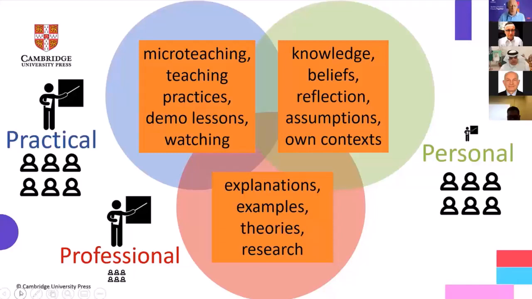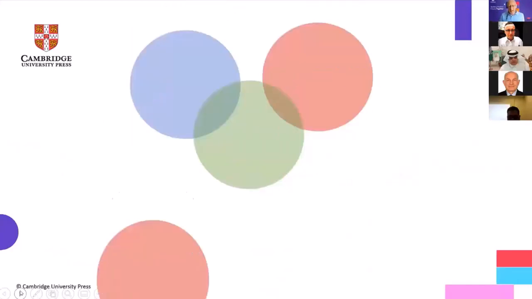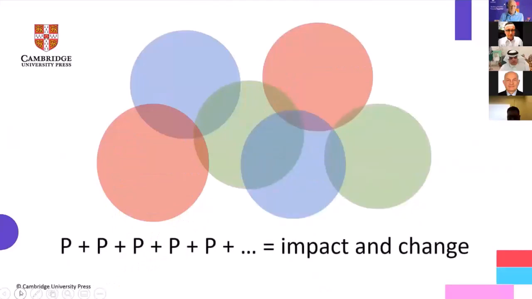But let's just take away all of the words and just leave this idea. The three elements, the personal, the professional, and the practical, can appear in any way in this particular training session model, but it's important that all three do appear to a lesser or greater degree. So it's not PPP, it's PPP, depending on what it is that you're trying to get across to your teachers in your training session. And remember, if we get that balance right within our training session with our teachers, that will result in impact on our teachers and ultimately change in the classroom.